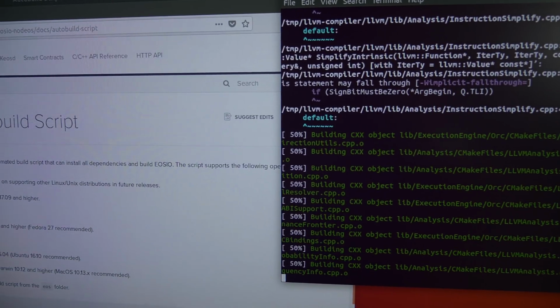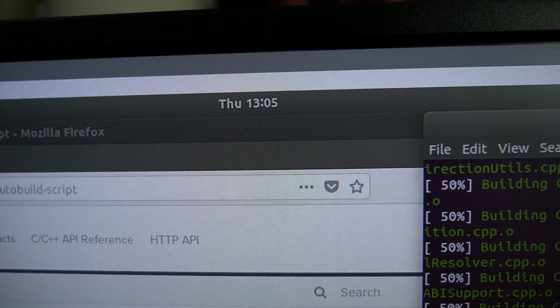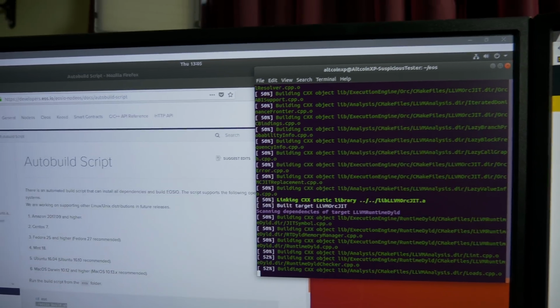Well, this kind of sucks. It's now 13:05 and it's still building. I don't know what time I started this, but